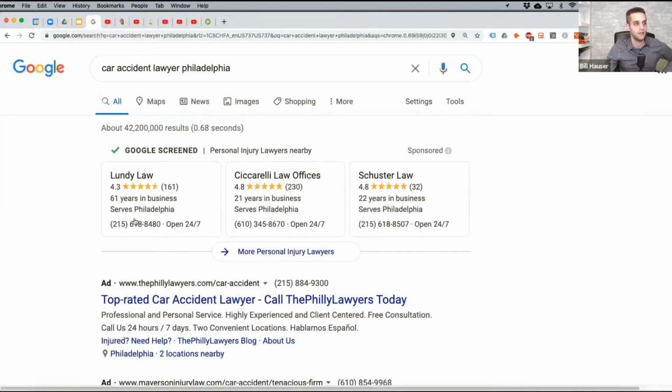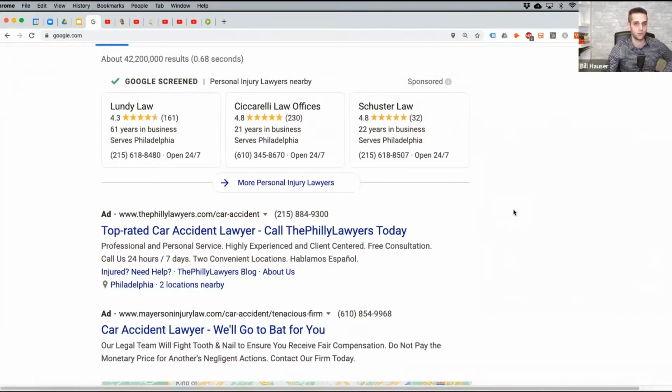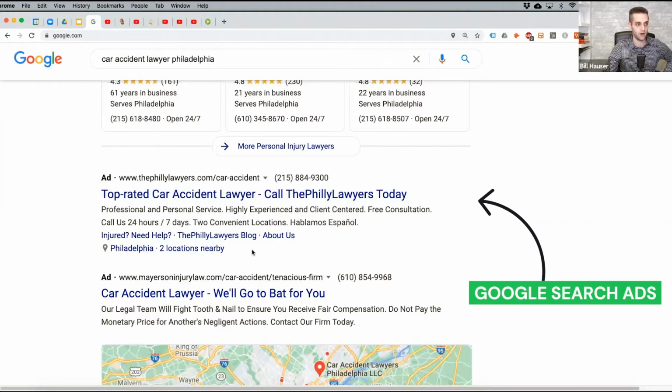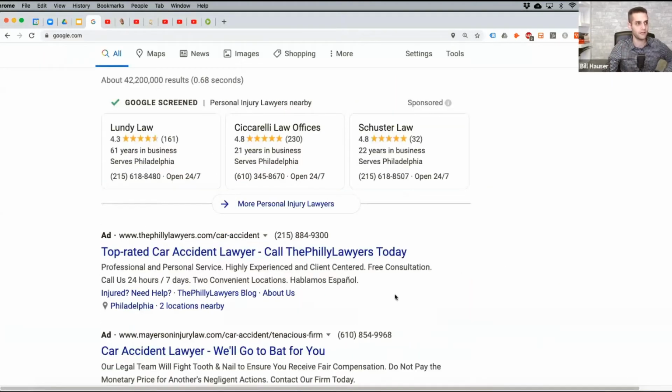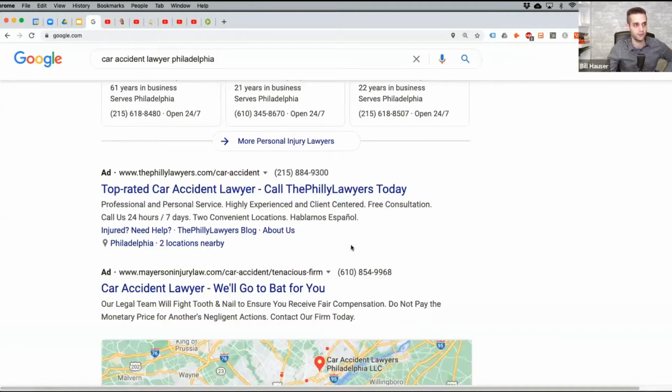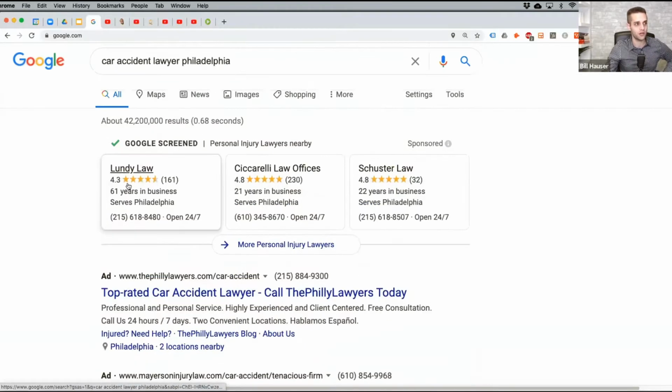And now these law firms have a certain budget set so that their ads can show up high within the right keyword phrases in their market, okay? So these are local services ads, which is one prong of the three-pronged strategy. Now down here, these ads right here are Google ads. And the reason why having a combined strategy between your local services ads and your Google ads is very important is because with the introduction of local services ads, there's a